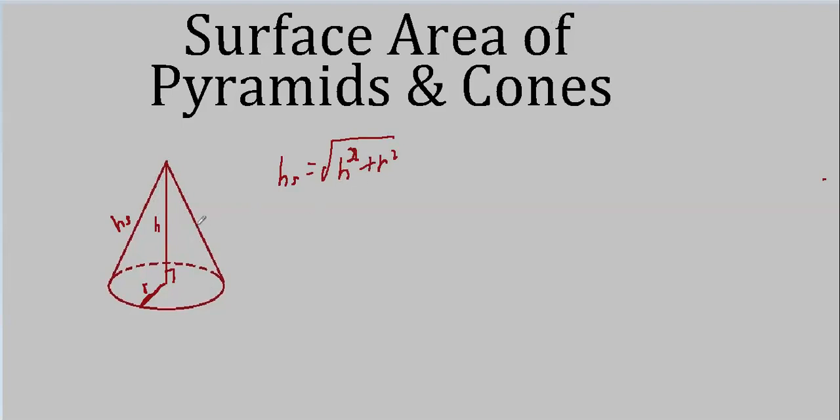When we want to find the surface area of this thing, well, this part's pretty easy. This is going to be pi r squared. I don't think you have any trouble seeing what the surface area of the base is going to be. But this thing here, this lateral surface, it's kind of weird. If we were to unfold this and produce a net, this part here is definitely not going to give us a rectangle like it did with the cylinder. It's going to be quite a bit different.